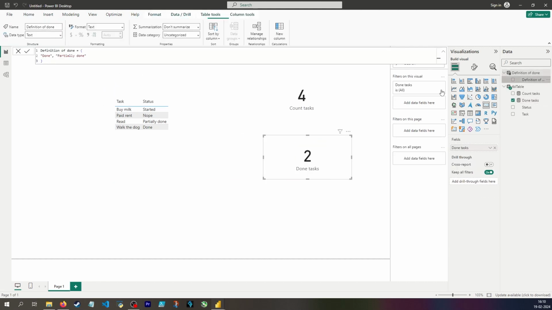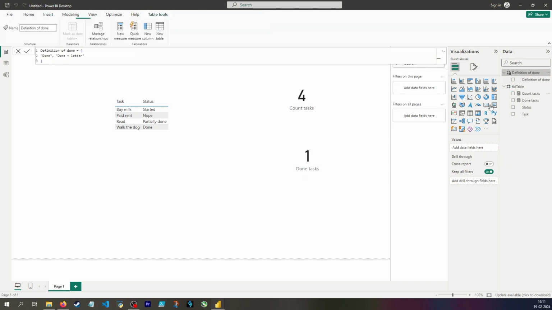And to showcase what I mean with I can go up and change this anytime, I can say here in my table construction, I now also want started to count as being done, which doesn't make sense, but that would update to 3. And likewise, I can say I only want those that are done, or maybe they are done plus letter. Because in my work task, you can either be done, or you can be done and have written a letter, or you can be done and have written a letter and delivered it. So that's the basic gist of it. So, yep,